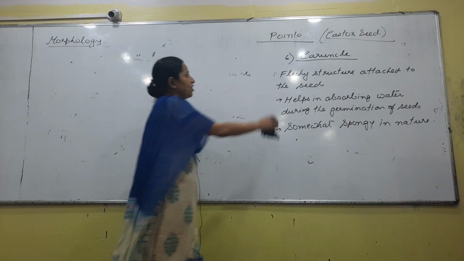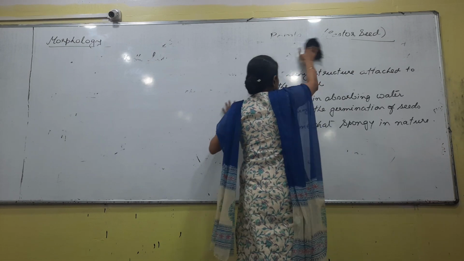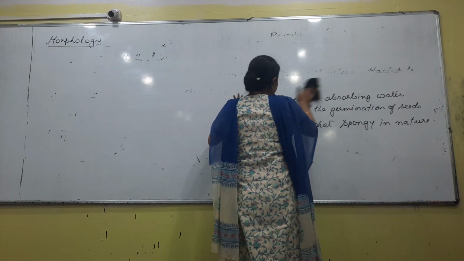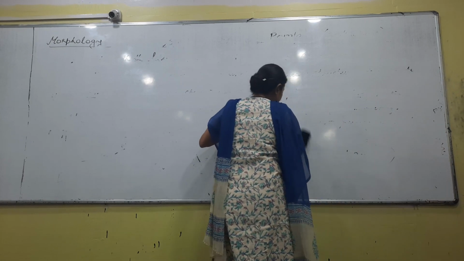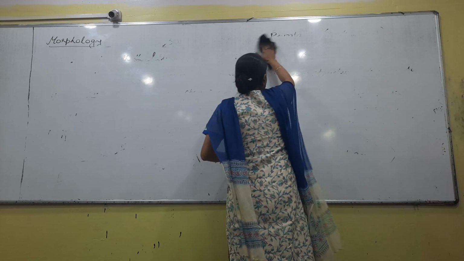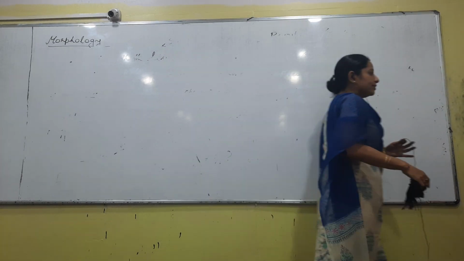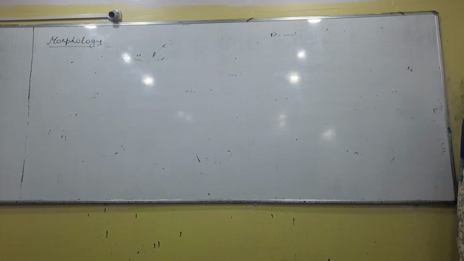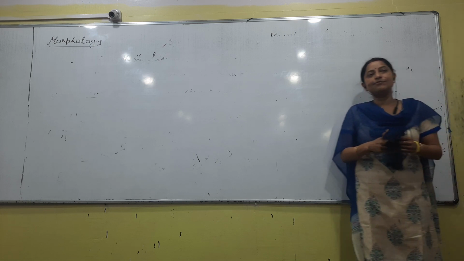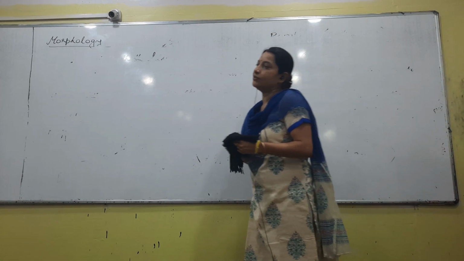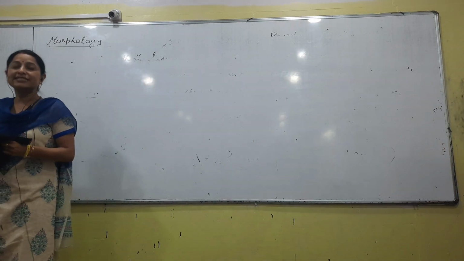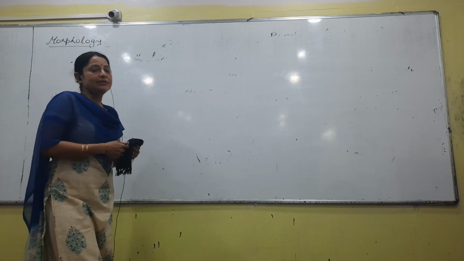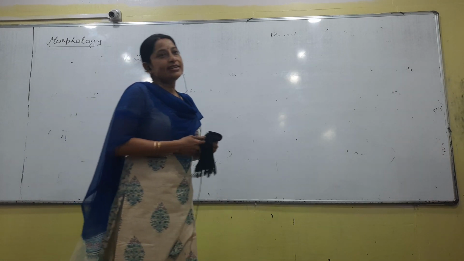Next, structure of a monocot seed. So, similarly, monocot seeds will also be divided into two categories, endospermous and non-endospermous monocot seed, right? In your NCERT book, one particular monocot seed has been drawn and given in detail. What is that example that you remember? Dicot seed means gram, pea, etc. Monocot seed means, just give me an example of a monocot seed. Rice, wheat, etc. These are examples of monocots.